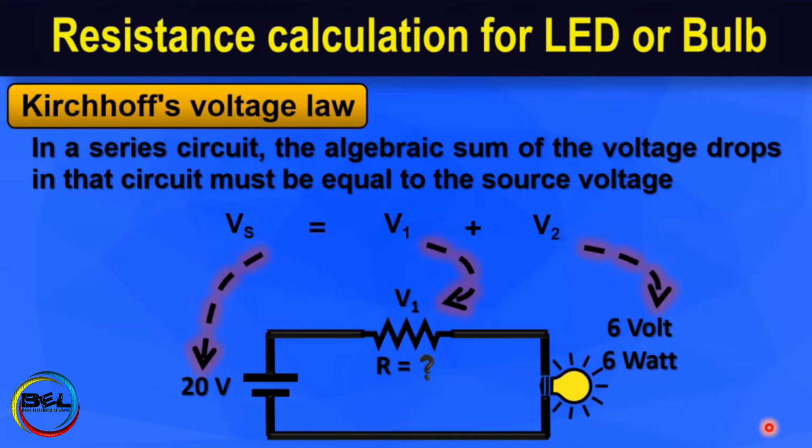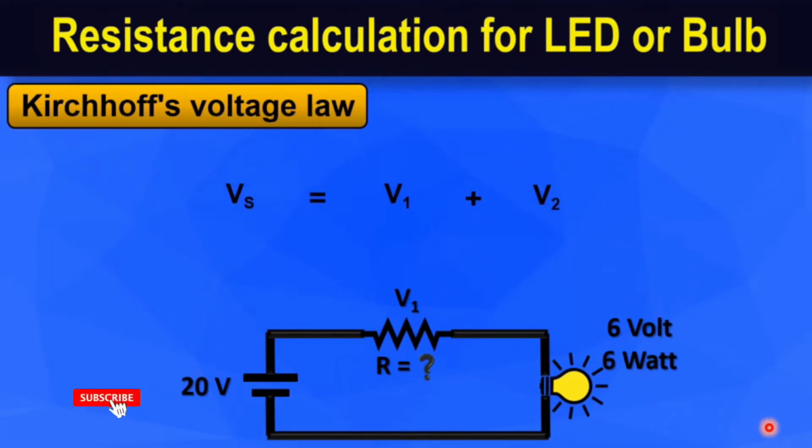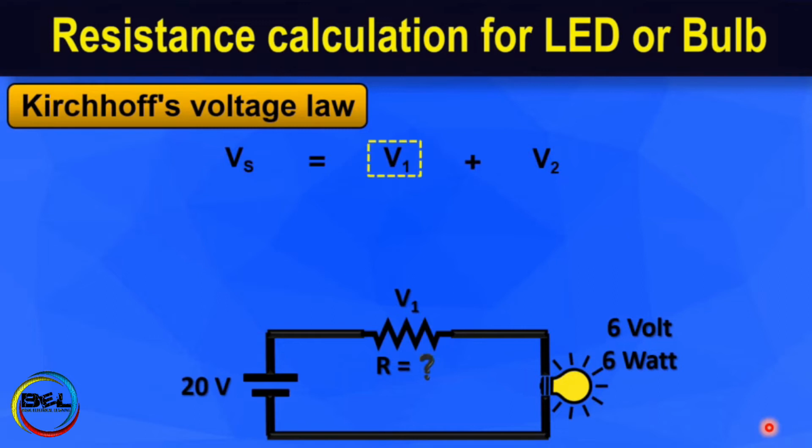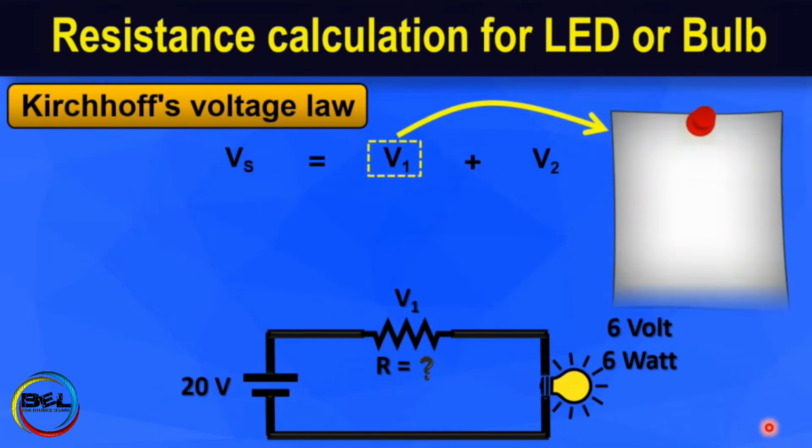So we can write that Vs is equal to V1 plus V2. Here is the equation, Vs equals V1 plus V2 as per Kirchhoff's voltage law, and as per Ohm's law we can write that V1 is equal to